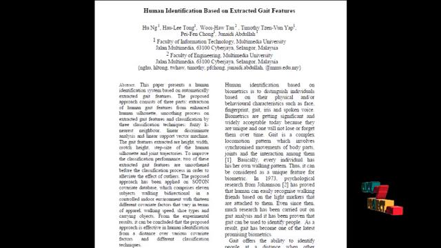Let me see the concept of the project, human identification based on extracted gait features. In this project we propose a new method to classify humans by their gait features. Their gait features are modified by their walking, their wearing apparel, their shoe type, the objects they are carrying, and their walking speed are differentiated, but their trajectories are the same